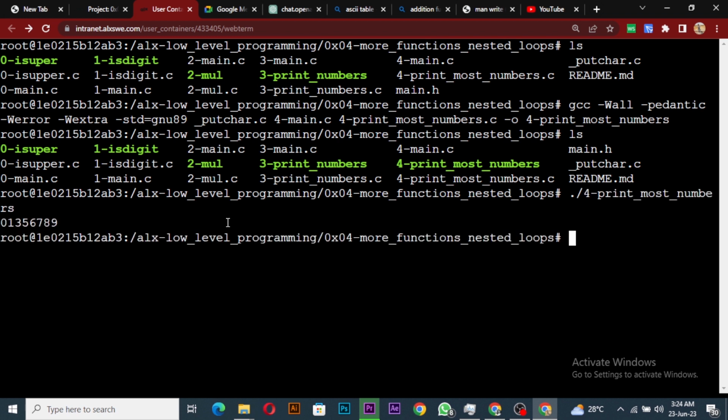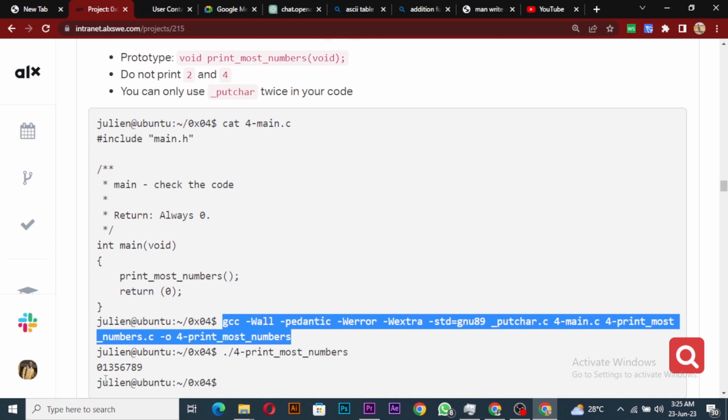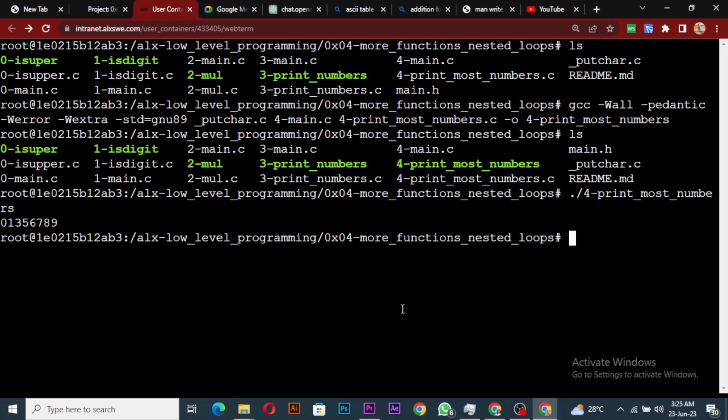let's see. So it printed 0, 1, 3, 5, 6, 7, 8, 9. So it printed 0, 1, 2. So I think 0, 1, 3, 4. Yeah. So it worked. So we just clear our screen,